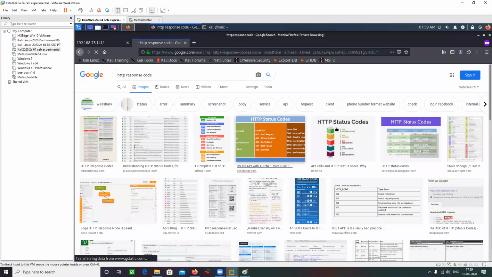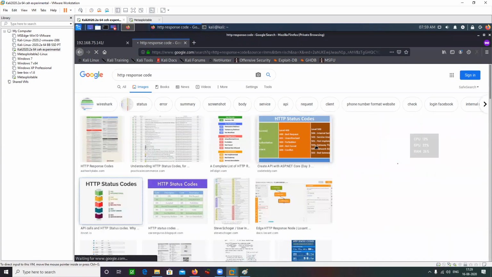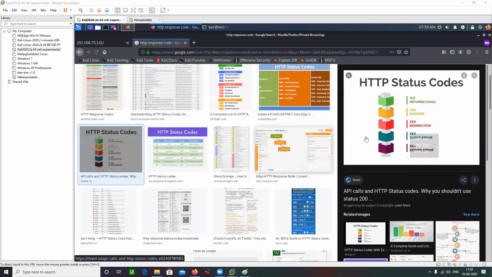This is the image that you can refer to. Here you can see the series of hundreds. These are your HTTP response codes. Series of hundreds are informational response codes.